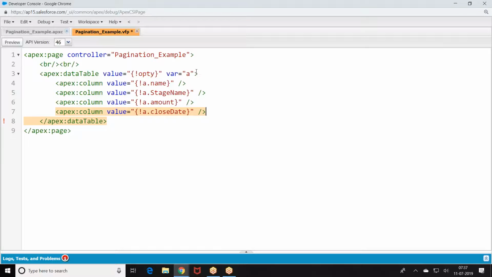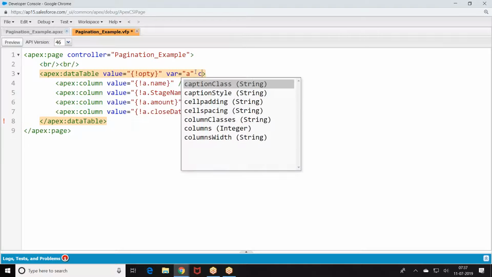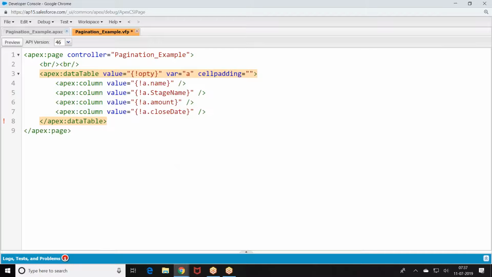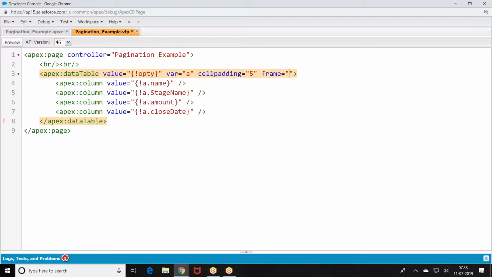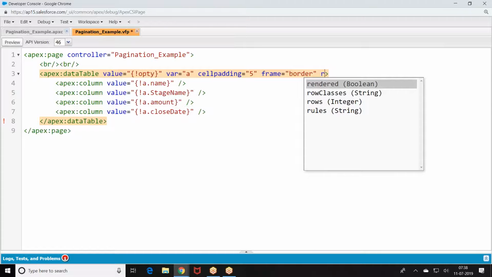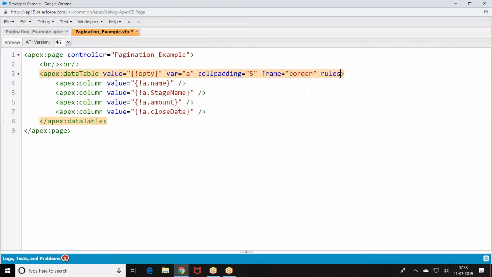This is how I am giving. So I'll apply some styles here: cell padding, frame, rules. Like this, how we got it, header value.